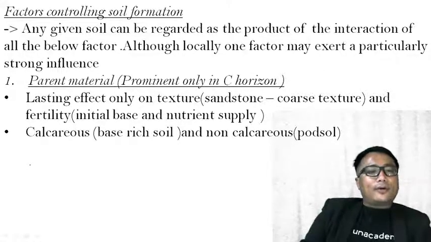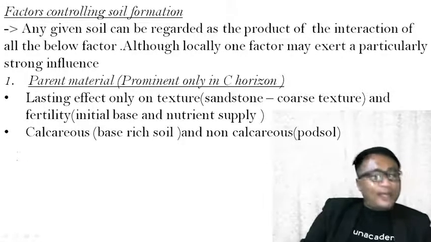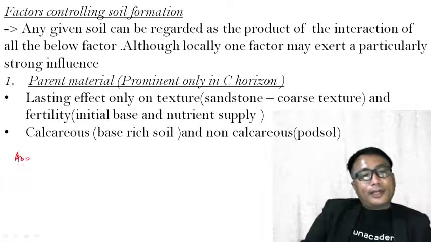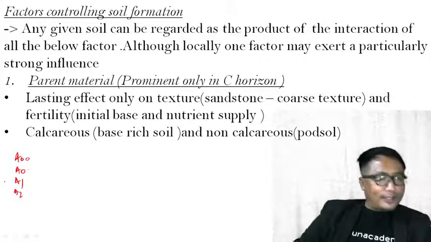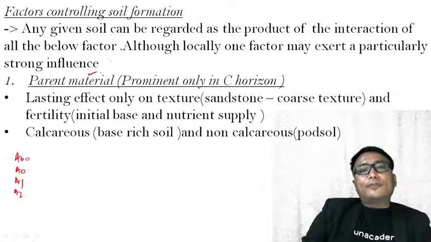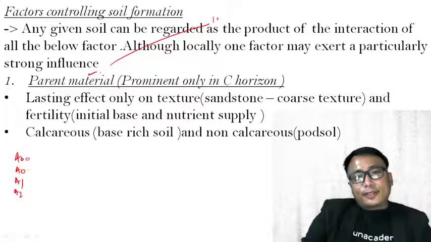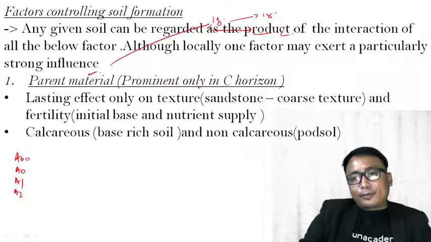Regarding the soil horizon, the soil profile we have seen yesterday: different layers, A00 layer, A0 layer, A1 layer, A2 layer, and so on, and we have seen B layer, C layer. Therefore, let me tell you the influence of the parent rock. For example, soil coming from some igneous rock, soil coming from some limestone, soil coming from some other rocks.